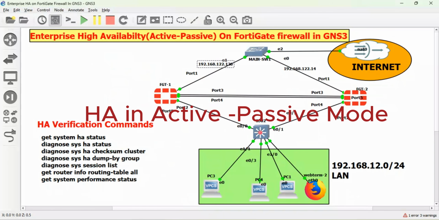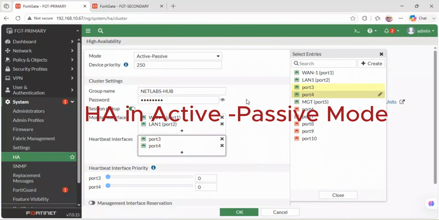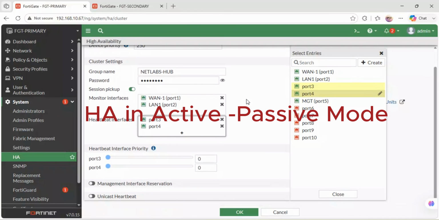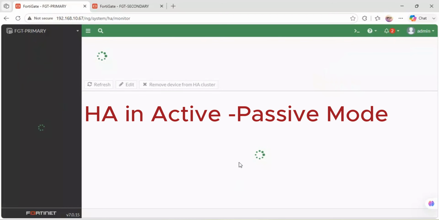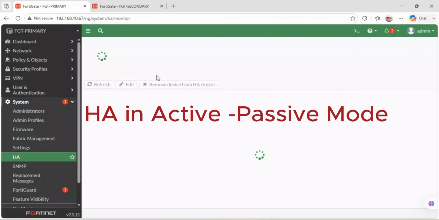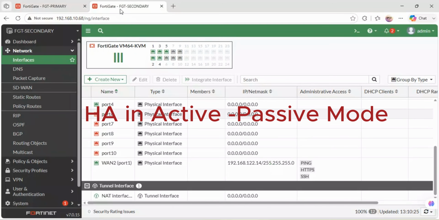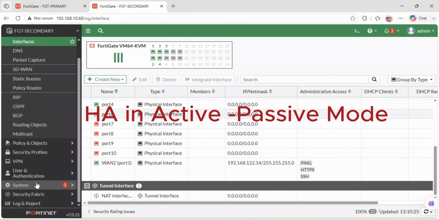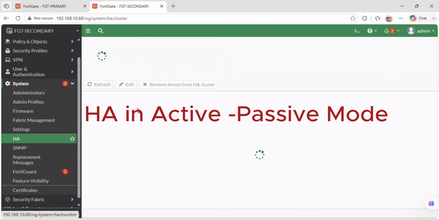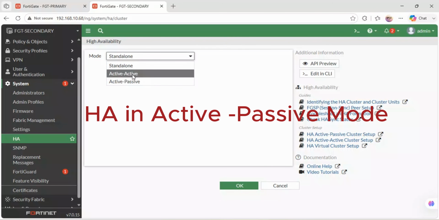So at this point, you leave everything the way it is, then you save. The moment you save, this firewall will reboot. So you see, as this one reboots, let me also enable high availability on the next firewall,